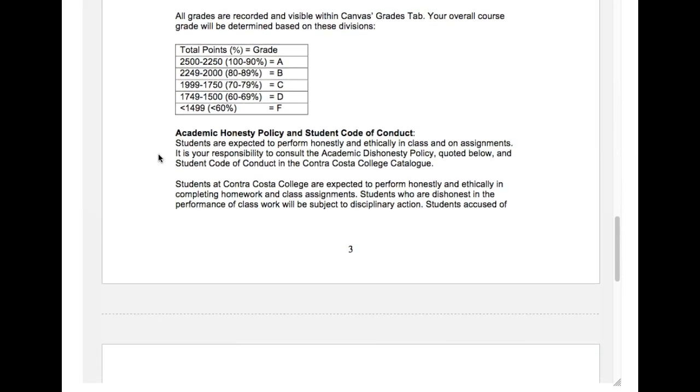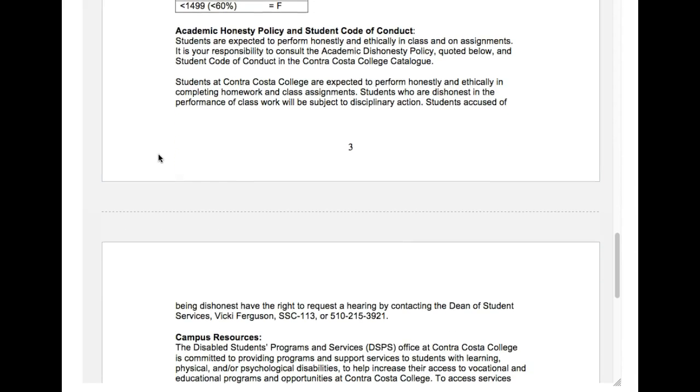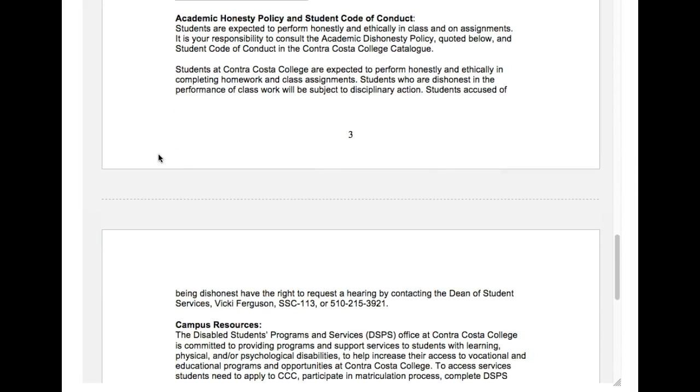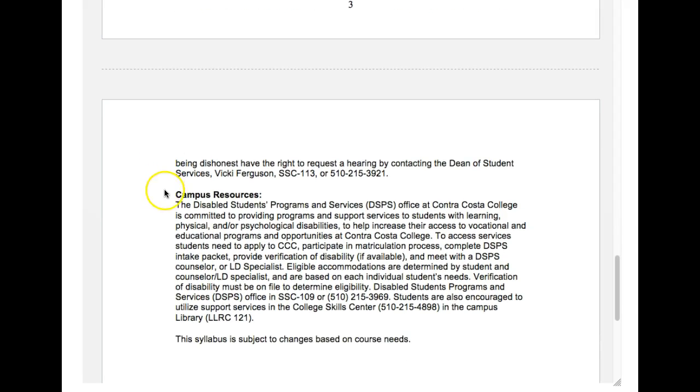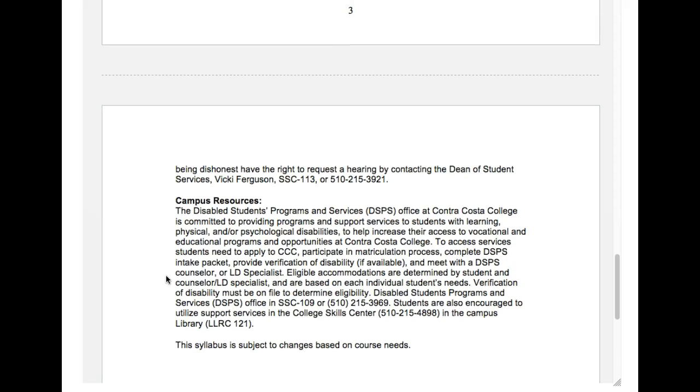And then we have our academic honesty policy and student code of conduct. Important information there to keep in mind for the duration of the course, as well as some campus resources that are available to you, and a lot of this information is also provided in the mini orientation, the course orientation,